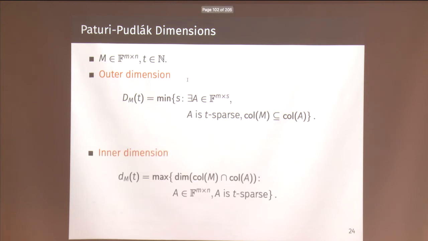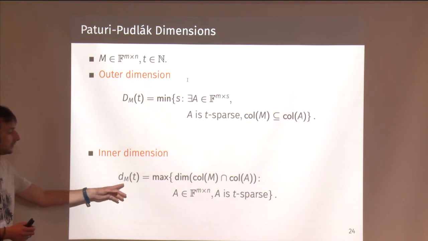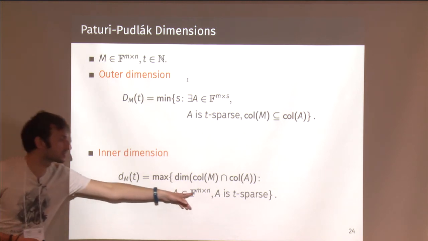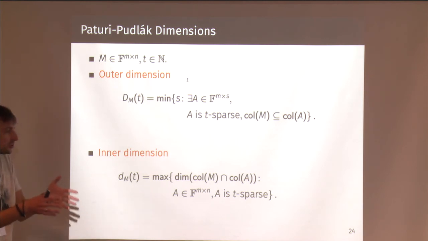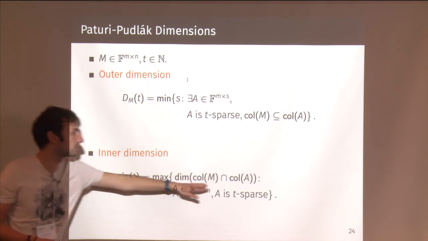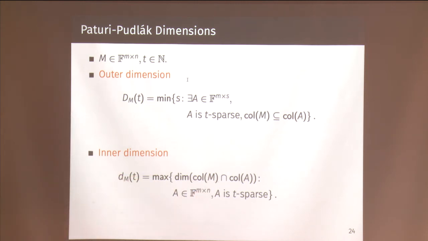And the inner dimension is kind of the opposite thing. Now I can only use matrices of the same size. They must be sparse. What's the largest fraction of the column space of the original matrix I can generate by sparse matrices of the same size? There's some duality. There are some connections between them, and that's actually all what we do in this work,